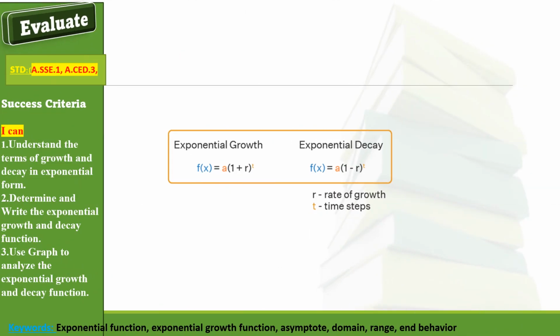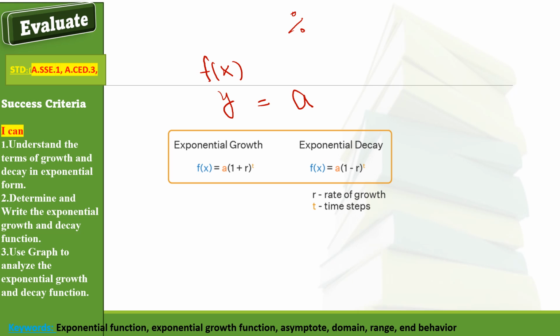Now, how can we interpret real life in exponential form? For that reason, you must memorize two formulas and one basic formula, that is f of x, or you can write it as y equals a, to write the equation. As we know, a is the initial value, but if something is increasing or decreasing with some rate, with some percent, with some factor rate,